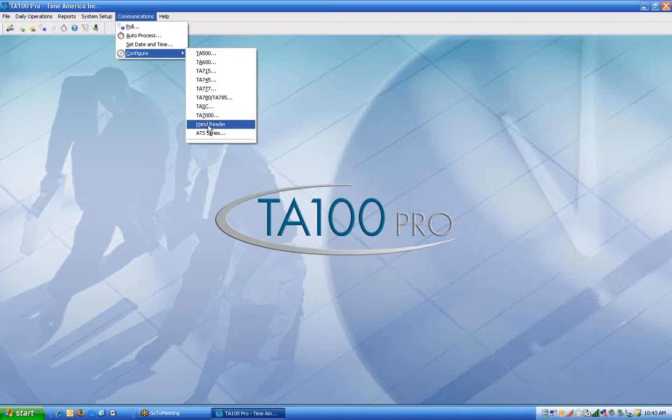We also have the hand reader. Again, you heard me mention the HP 50, the HP 1000, 2000, 3000, 4000. All of those are hand punch or hand reader units that the software will certainly support. Then you have the